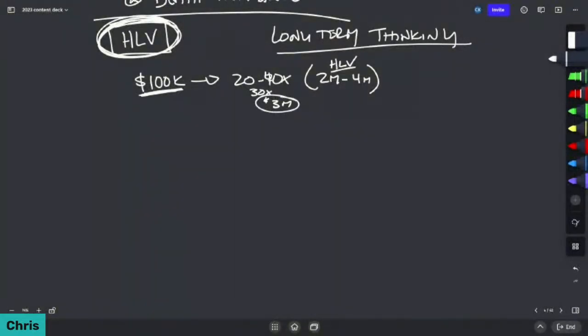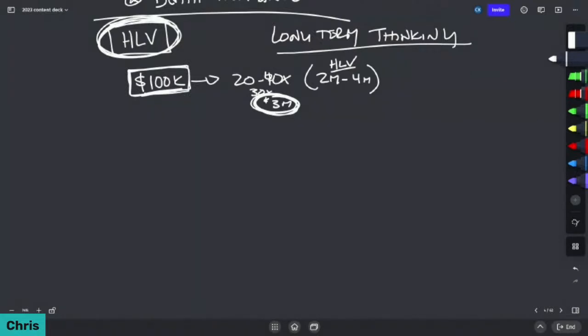The challenge that I have with that is I can name a handful of people whose human life value, if I look at the trajectory they're on, is much, much, much greater than $3 million. So the idea of human life value is limiting because it's just a mathematical number. It's a mathematical equation effectively based on where you are right now, and it doesn't take your future potential into consideration.